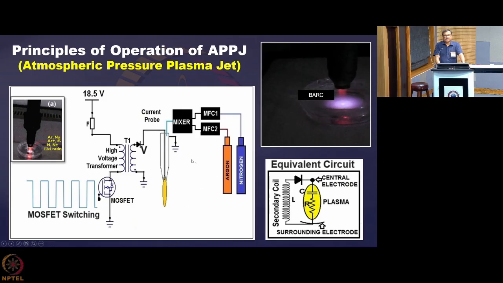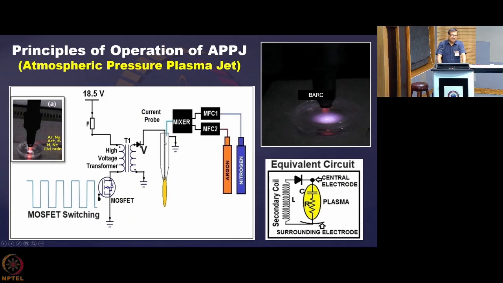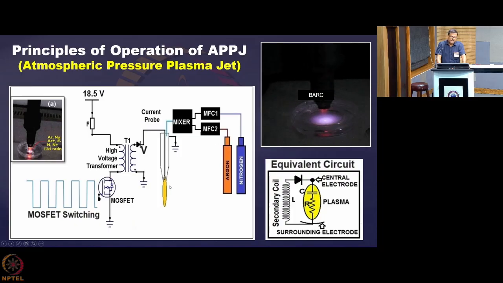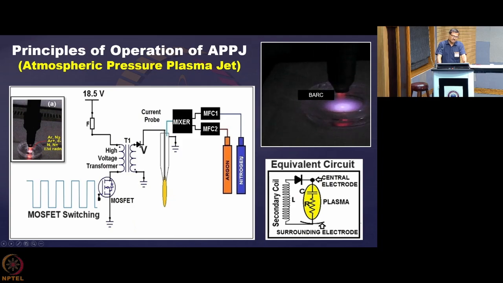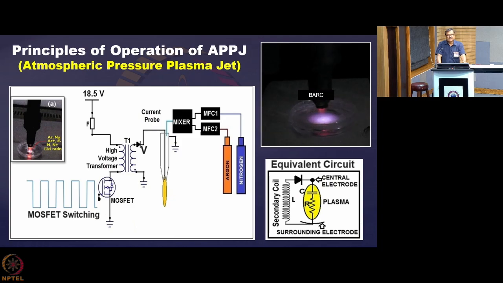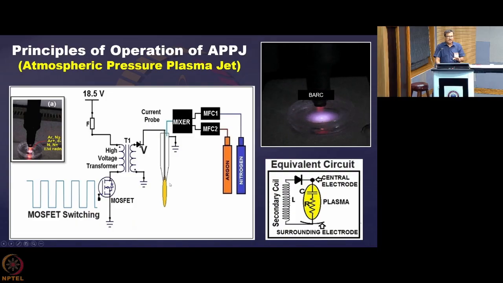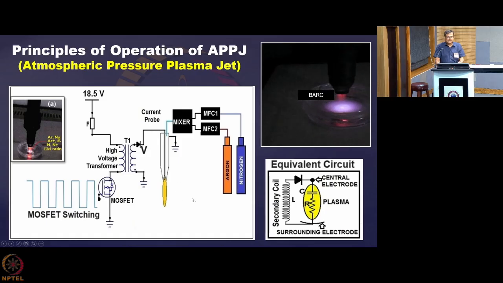So for that, you need to know what gas you are passing between these electrodes, the central electrode and the ground electrode. It is your choice whether you want to produce pure argon plasma, or pure nitrogen plasma, or a mix of that, or use some other gas like air or oxygen. It depends on the kind of application you are interested in and the kind of radicals you want to generate using this plasma for a specific type of treatment. So that decides the property of the plasma that has been created here, and it is in your hand.